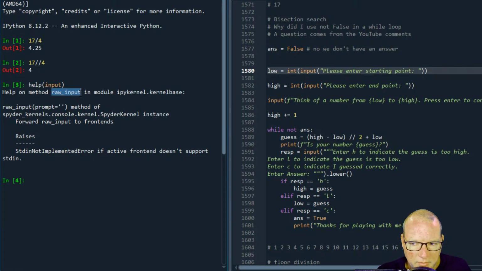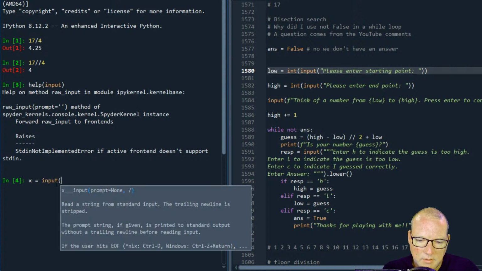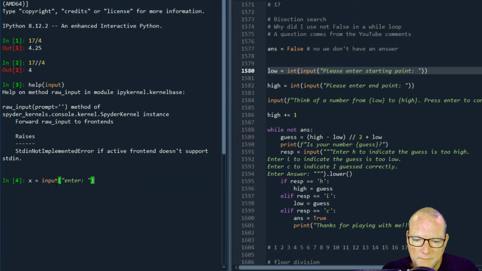I'm taking input. The reason why you have to wrap int around input is it defaults as a... Oh, it doesn't say it. It does not say right here that it returns a string. So let's look at this. Input, enter. All right.